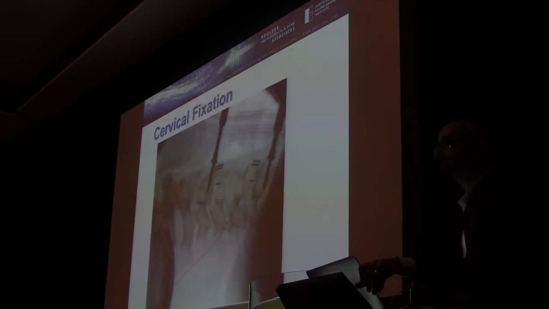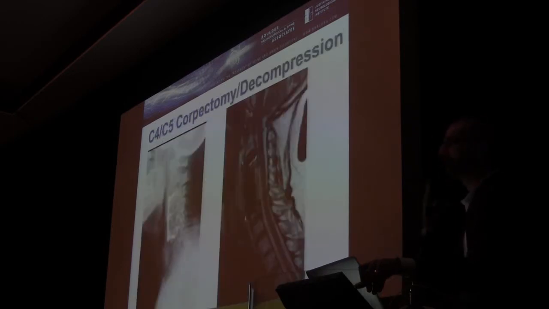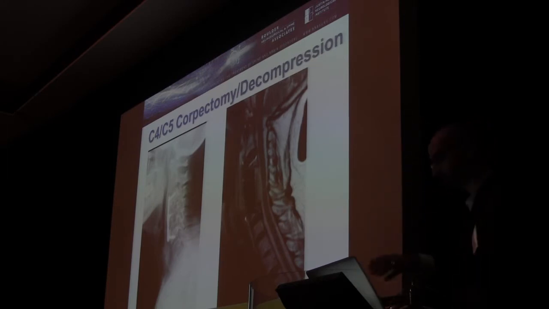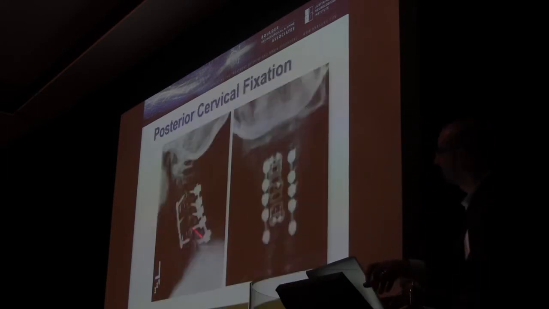And this is a corpectomy, so we took out 2 lobes of the bone, and you push her back. So now she's able to look up and be neutral. So expanding her neck from the front. And because her bone quality is so bad, we supplemented her from the back just because she had such bad